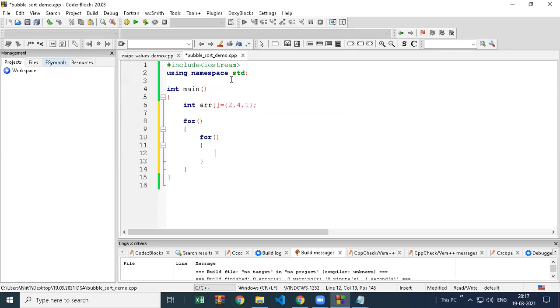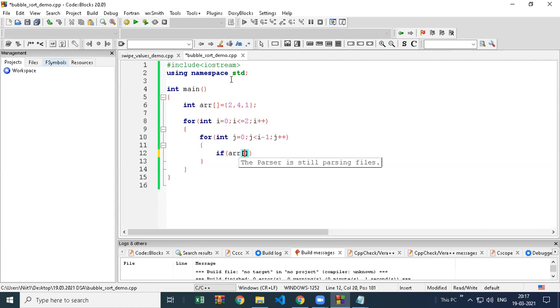I am taking 3 values, and then I am writing the logic here. So first I will create the complete logic, then I will explain. Okay, int i is equal to 0, i less than or equal to 3 minus 1, sorry, 3, i plus plus, less than or equal to 2. Then int j equal to 0, j less than i minus 1, and j plus plus.